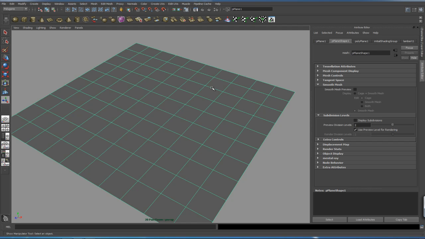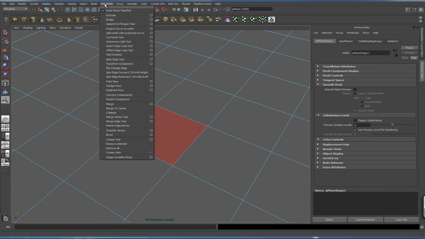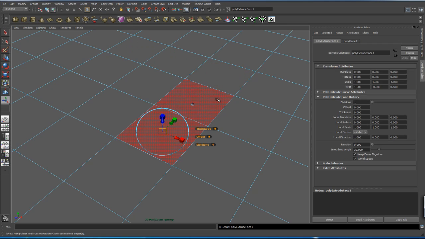I'd like to take a moment and explain the manipulator that comes up with extrusion and how it works. So when I select a face and I choose to extrude, I get this gizmo that has all of these tools packed into it. It has scale, it has translation, it has rotation, it has a thickness slider, offset slider, divisions. It also has global or object versus world space in there as well when you tap this little button. And that